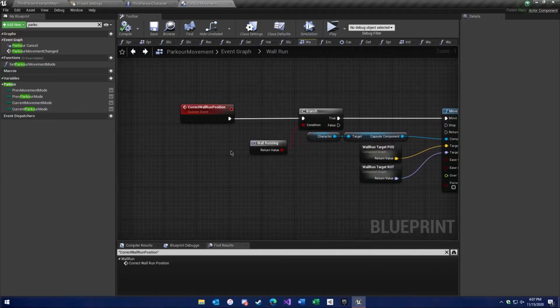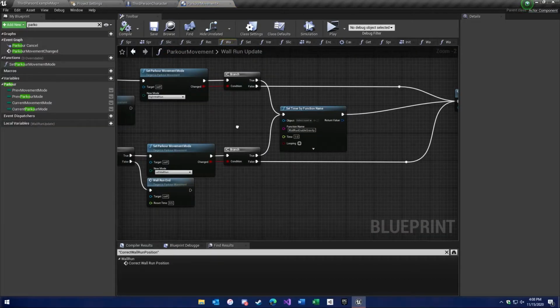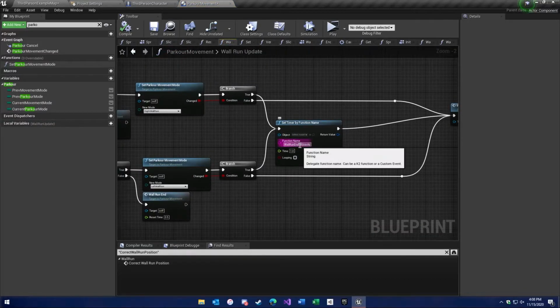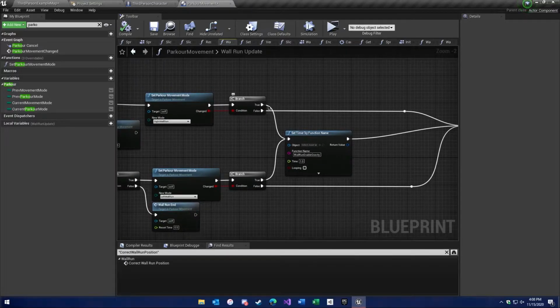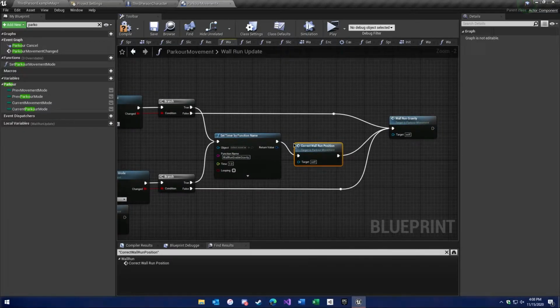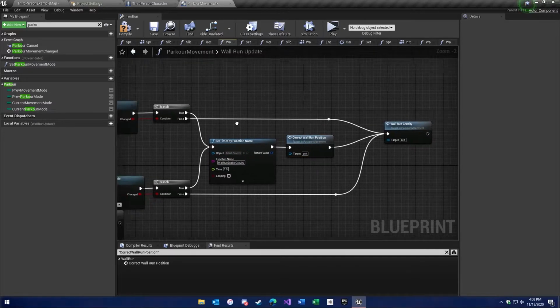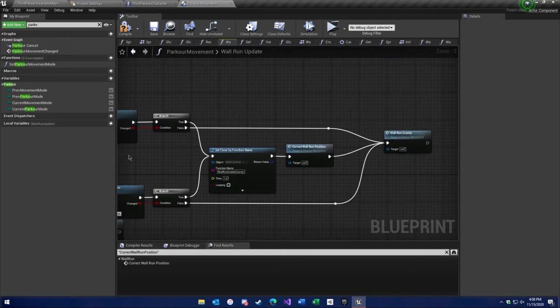So now that we have this set up, we can go ahead and call this from within our wall run update function. So let's go ahead and go into there. If you skipped the part where we did the wall run gravity, all you need to do here is create these two branches that go off of the set parkour movement mode. And then on true, you're going to want to plug in both into the correct wall run position. And then you'll just skip this node if you're not interested in that. So now what this will do is the first time we set the parkour movement mode to one of the wall running variables, it's going to correct